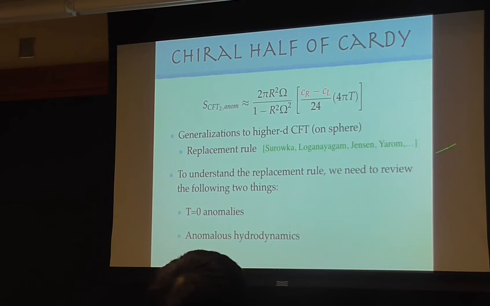By some of these people, and we have a few more that I might not have space to put in. To talk about how the result looks, I need to first remind ourselves of the zero temperature anomalies. Now, maybe most of you already know this, but I'm going to flash one slide, though it's not doing it justice. What are the T equal to zero anomalies? And the way that we're going to think about it is going to be useful for the result I'm going to describe. There are, of course, other ways to think about this. And then more unknown is how anomalies enter into hydrodynamics, when you do it in some derivative expansion. I'm going to discuss both of these in the next slide.